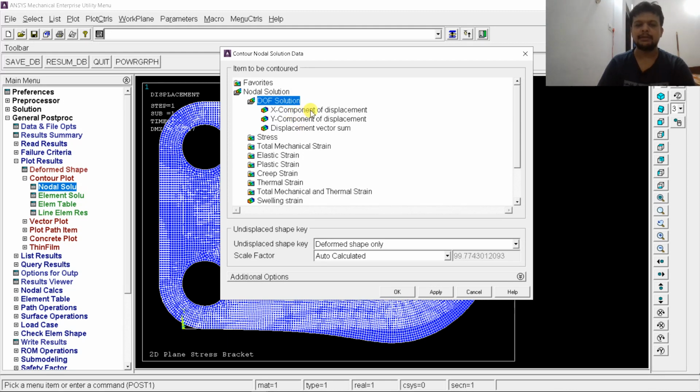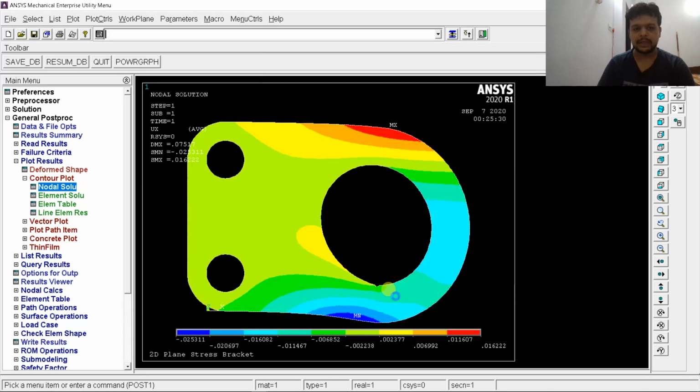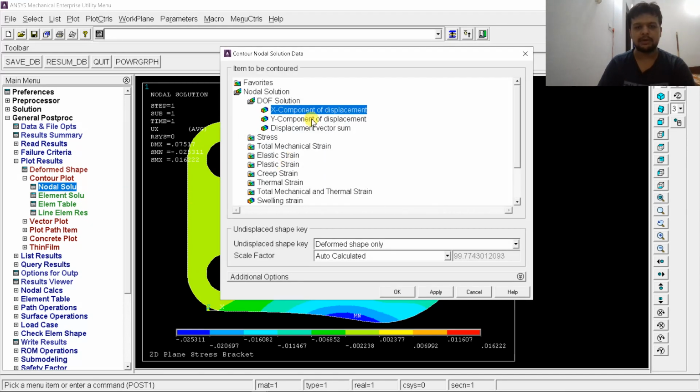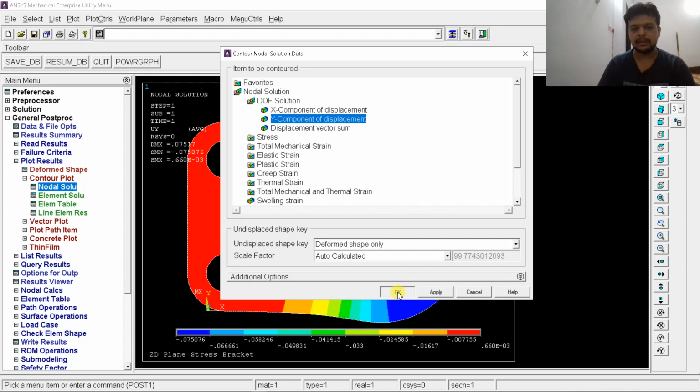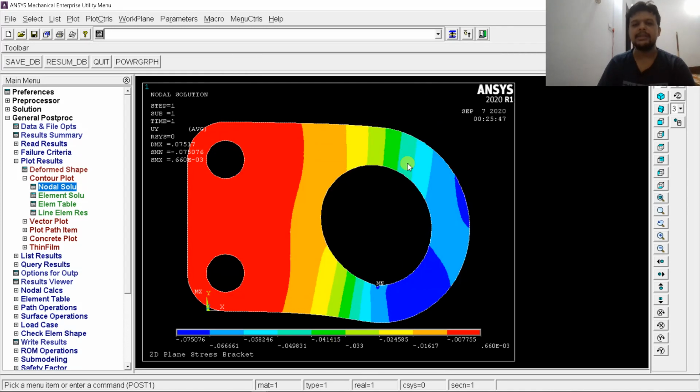Let us start from the x direction. Click on x, apply. See here, this contour has been plotted for deformation along the x direction. Again, if you want to check deformation in the y direction, click on y component of displacement. Now click on apply. See here, the deformation in the vertical direction has been plotted as contours.